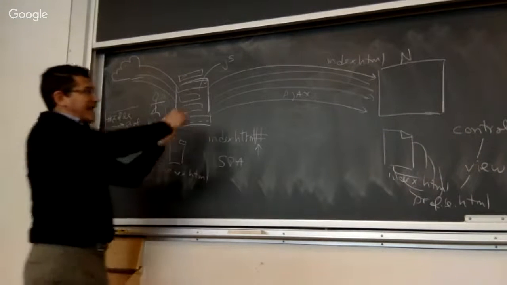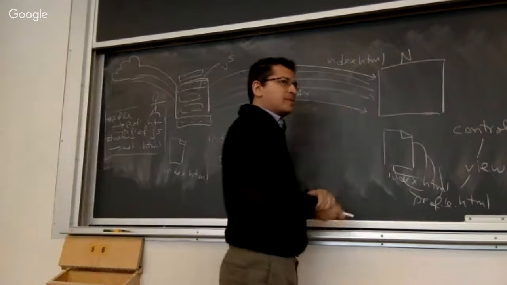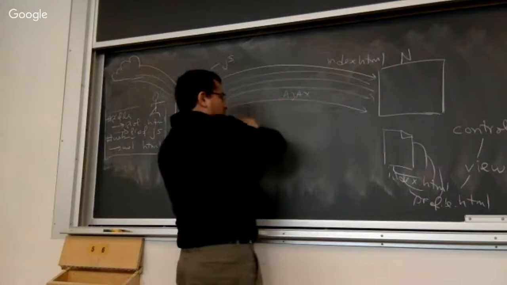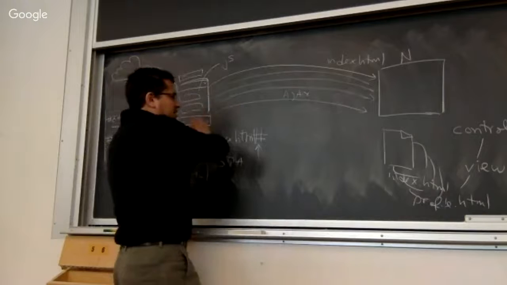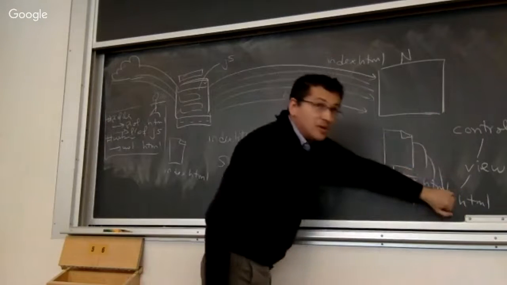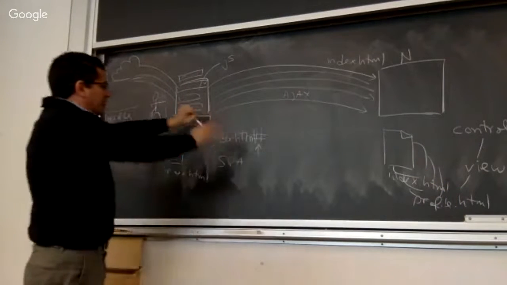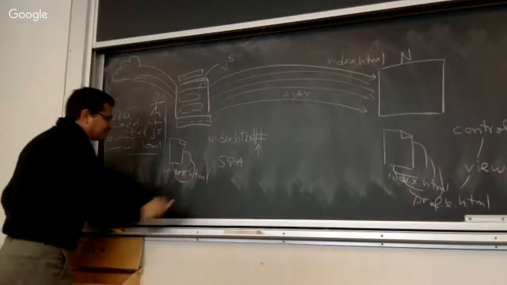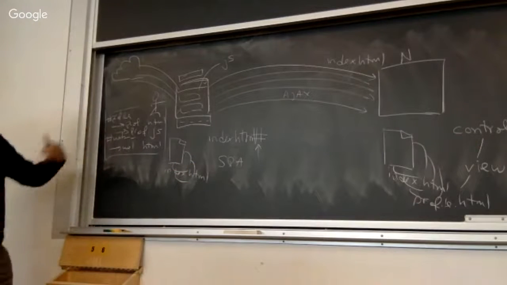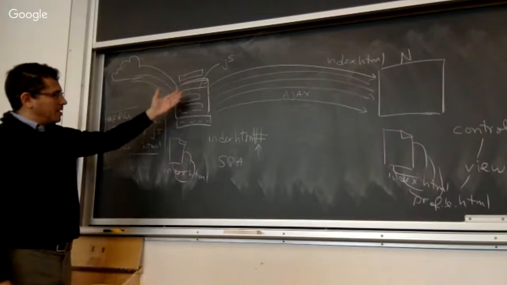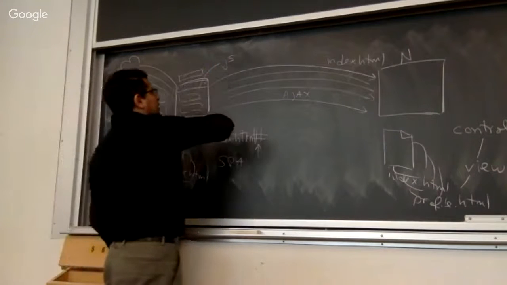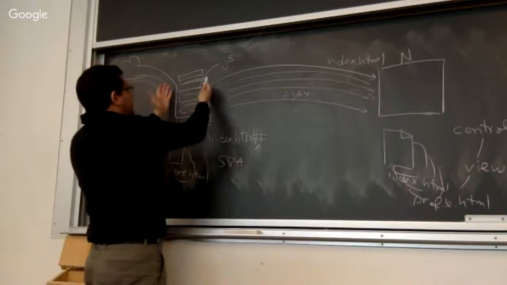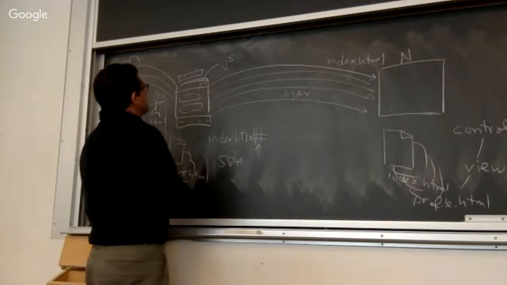So this AJAX call does both. You might say, well, two AJAX calls: one will load the HTML, and another AJAX call will load the JavaScript. Right now we have both of them copied here. And in that JavaScript, what typically you will do in here is, hey, my view needs this data.